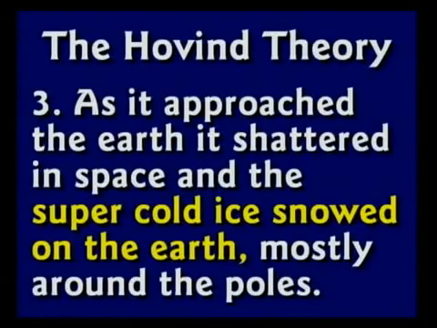Okay, point number 3. As this ice meteor approached the Earth, or fragments of it, it shattered in space, just like throwing a snowball too fast. It blew apart in space, and it ended up with the shotgun effect, coming down as a zillion pieces of super cold ice crystals. Some people have argued, oh, no, you can't have an ice meteor come through the Earth's atmosphere because it'll melt it. I understand all that, okay?